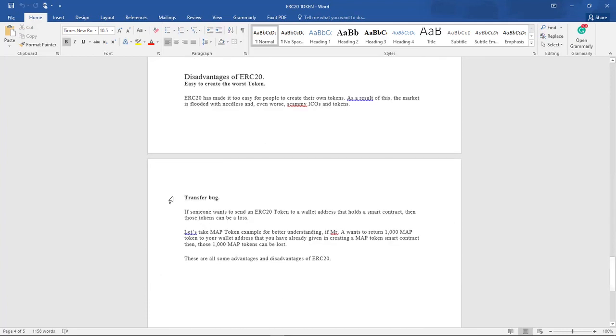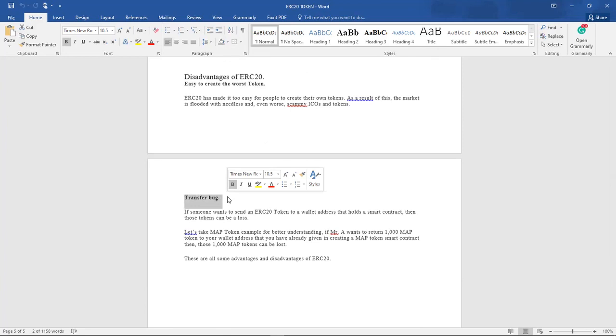And then there is a bug on the transfer function, though there have been some audits and some updates which have been done.